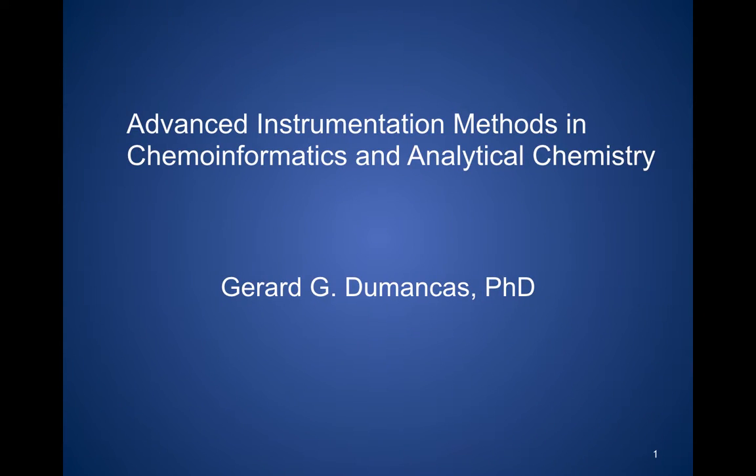Hi everyone, welcome to the senior level course entitled Advanced Instrumentation Methods in Chemoinformatics and Analytical Chemistry. This is a senior level course, and you should have passed quantitative analysis or analytical chemistry lectures and labs prior to taking this course. When I say pass, you should have obtained a grade of C or higher. And you should have already passed your sequence in calculus as well as physics,